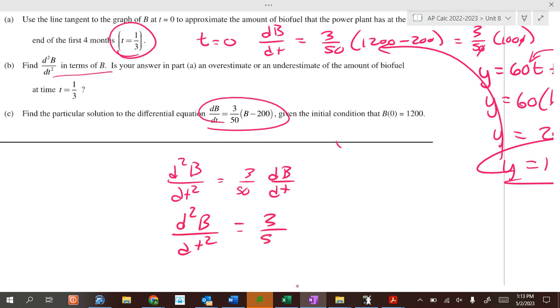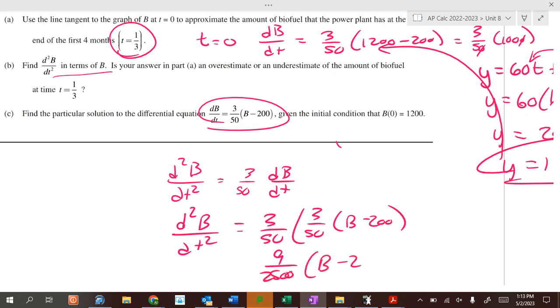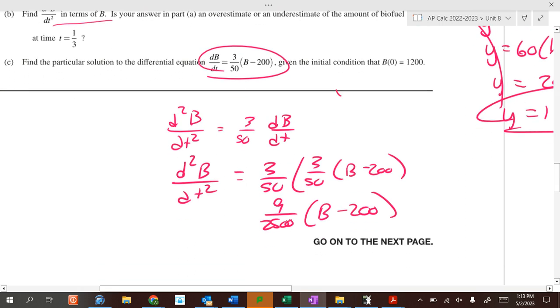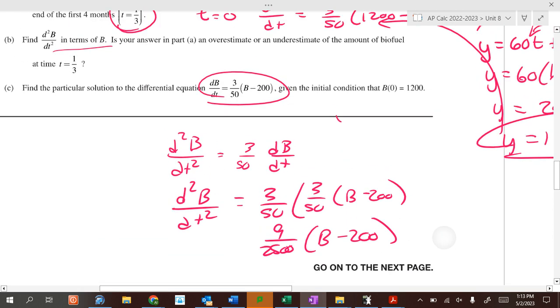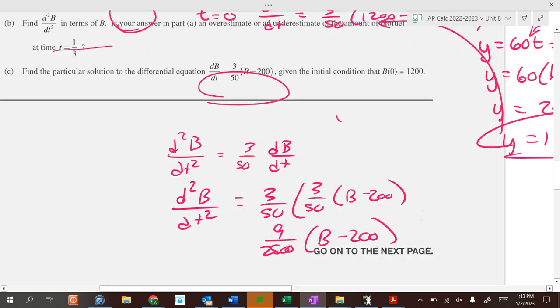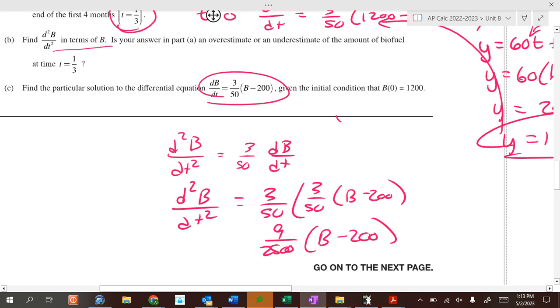So the second derivative is 3/50 times 3/50 times b minus 200, which is 9/2500 times b minus 200. There we go. Okay, so that's the second derivative. So if that's the second derivative of it, then we need to know